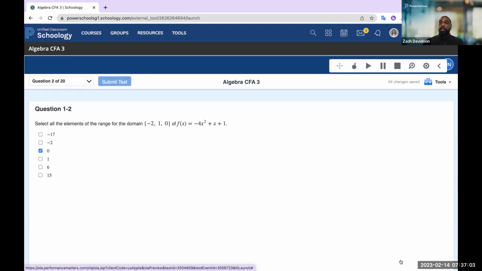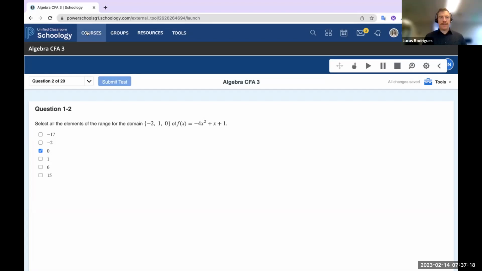Now, speaking of students, we'll actually transition over into the student experience here. But before I do, I want to pause once again. Lucas, anything that you'd like to highlight here before we move on into the elementary roles and the student roles and things like that? No, nothing specific.